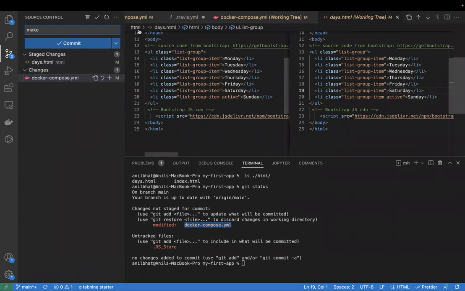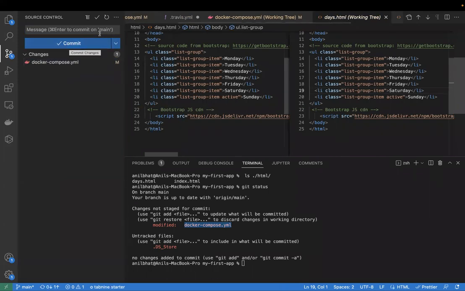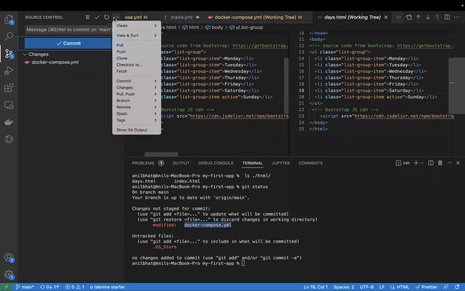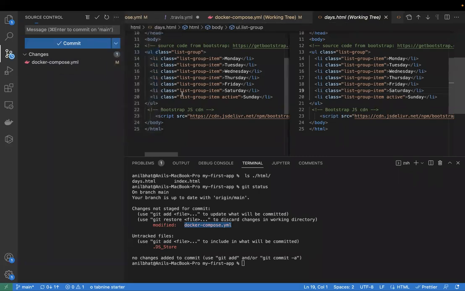I'm going to push it into GitHub now. So I am pushing it. Okay. So I am committing it and I am doing a push. So I did a push now.